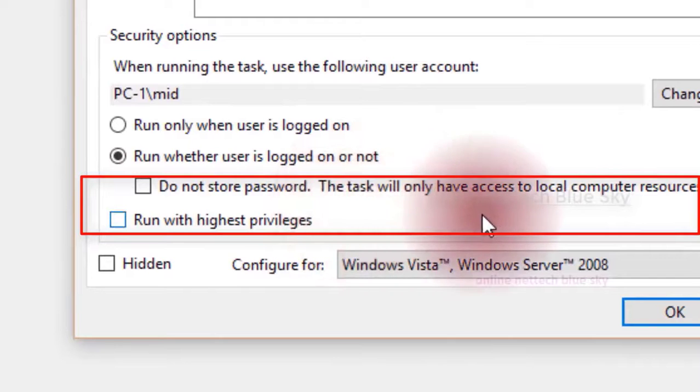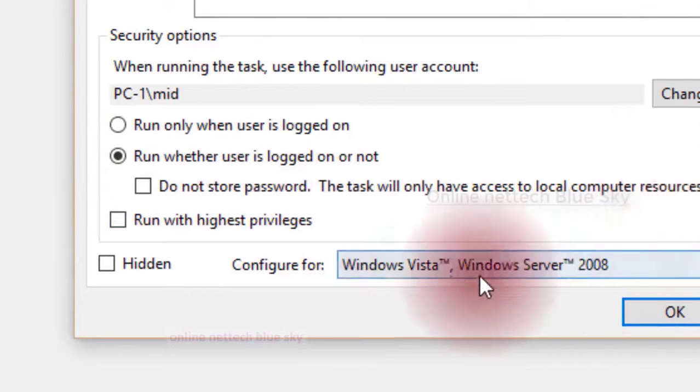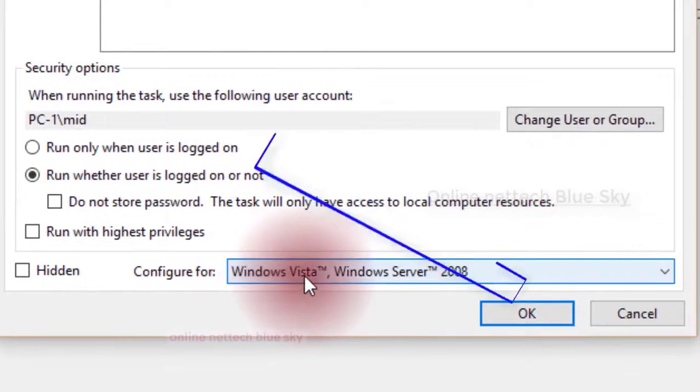Two options are very important: do not store password. You don't need your system password, since it's from task resources on the computer.